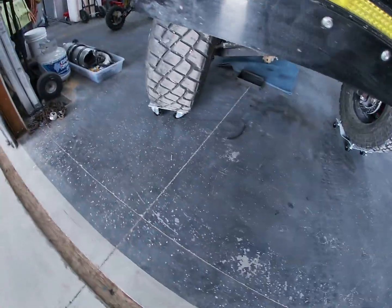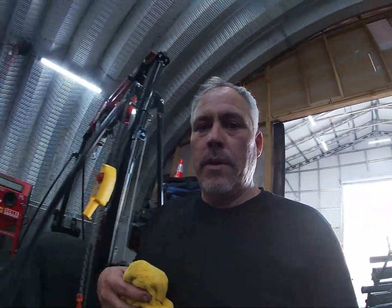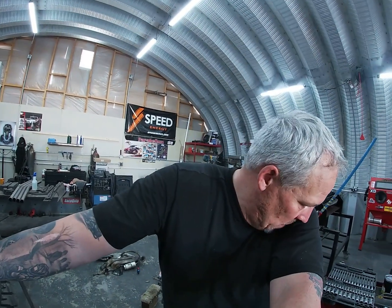Tell you what, if you don't have car dollies in your shop, you need to get some. They're worth their weight in gold. They actually make your shop a little bigger because you can move your stuff around a little bit. So, okay, so